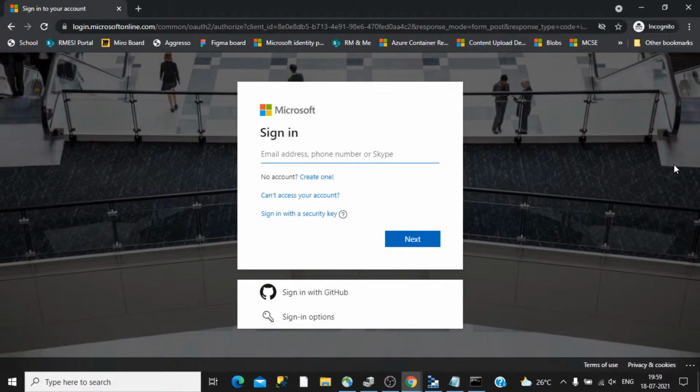Next, you have to fill up a series of fields, and one of the main things to remember is that you have to provide the credit card information. This is used by Microsoft for validating that you are using the Azure free service only once and not later. If you sign up today, you will get around 12 months of free services plus $200 credit for the first month. But after the 12 months, if you provide that same credit card information and your email again, Microsoft won't allow you to create another account.